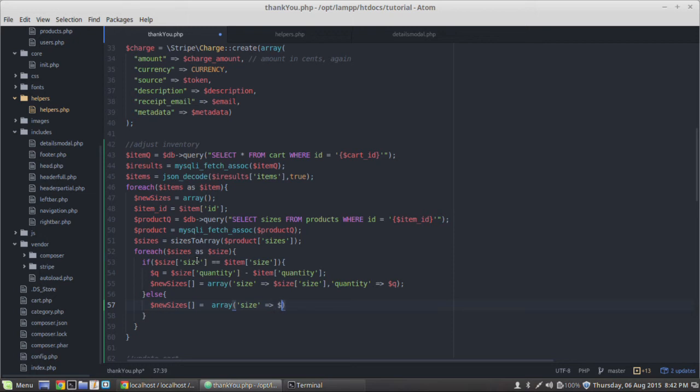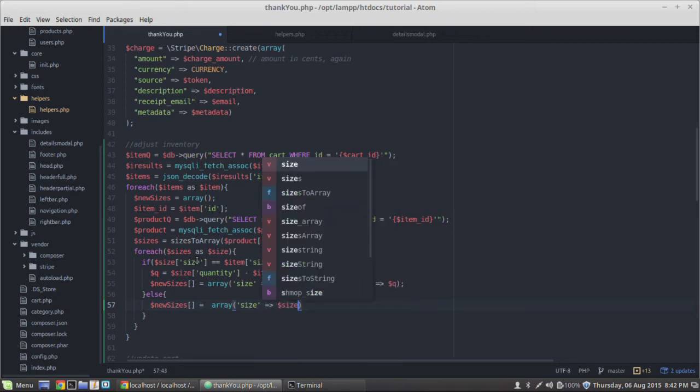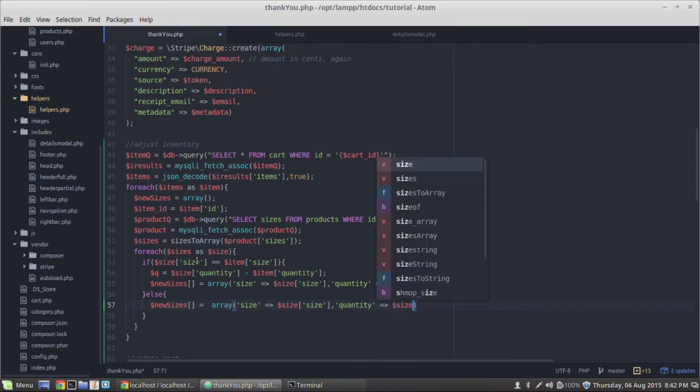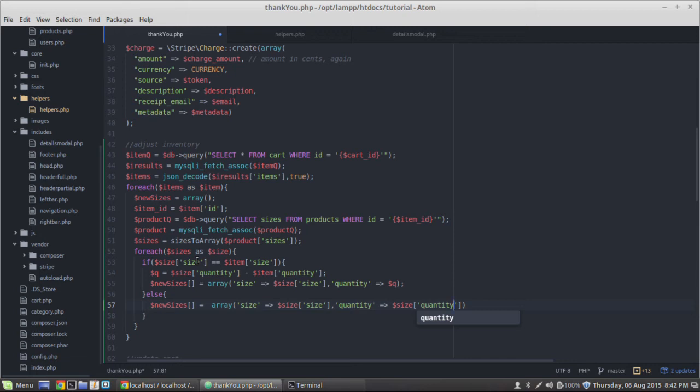So this will be size, okay, and then we'll put in quantity, but instead of giving it the new quantity, we're just going to give it the original quantity, so it doesn't change what's in the database if it's not the product that it's on